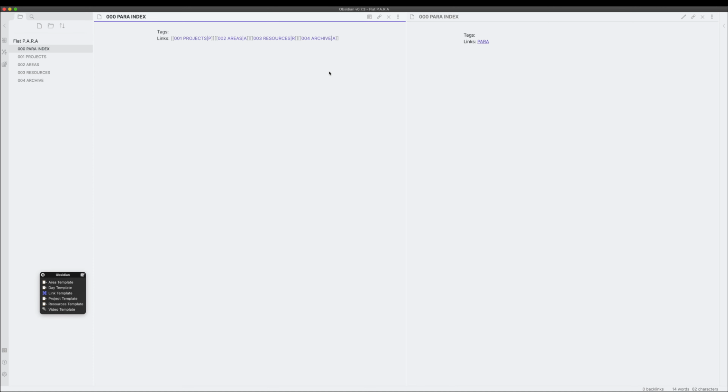Now what I'll do is Command A, Command C, or Control A, Control C on a Windows, and come to projects, paste it here, here, here, and here. It'll create an easy way for us to jump between projects, areas, resources, and archives. We just add a line break because we want it clean. I forgot to add that everywhere, so let's quickly add that.